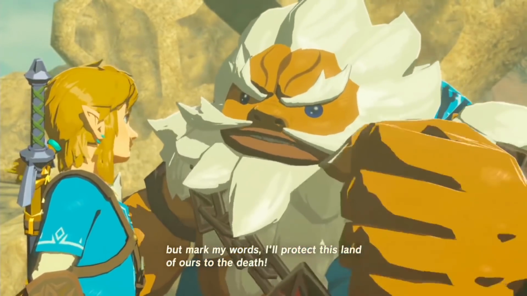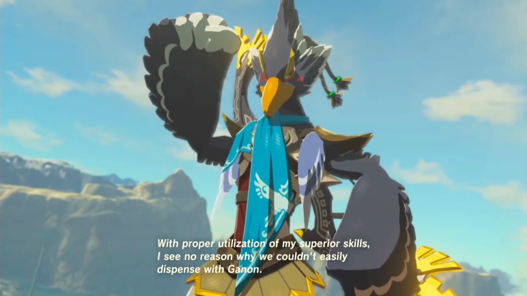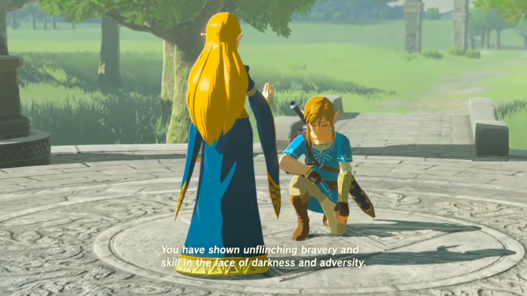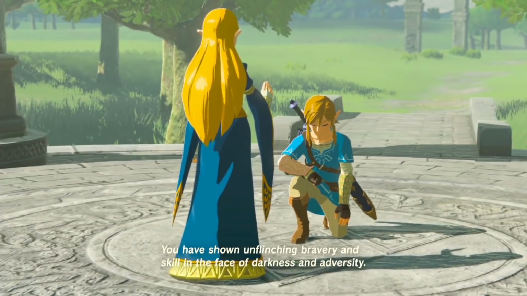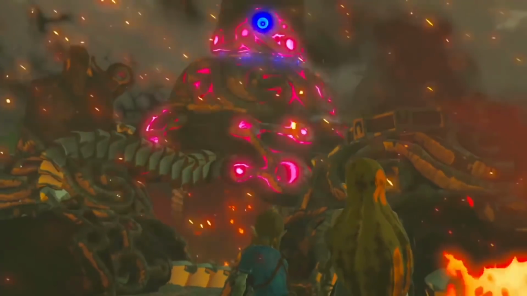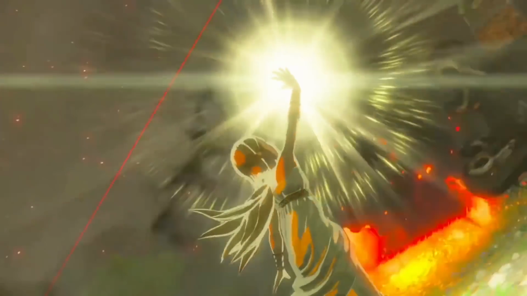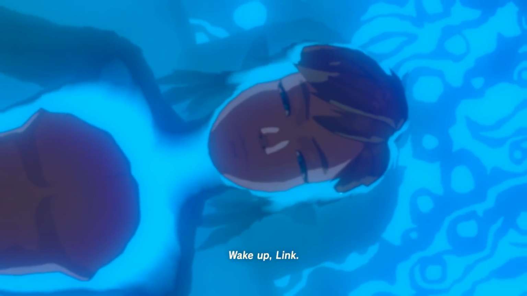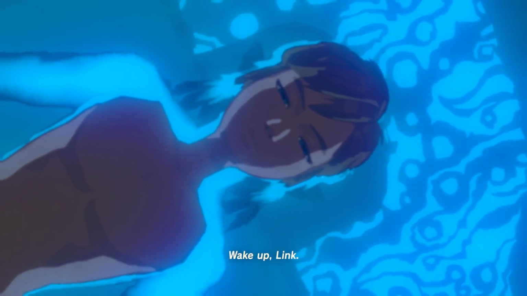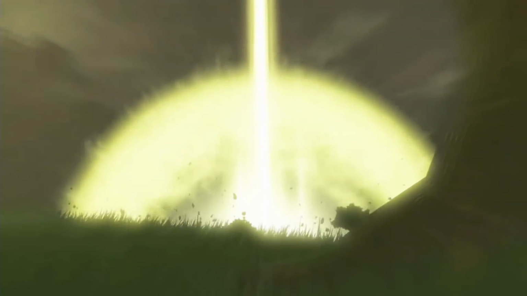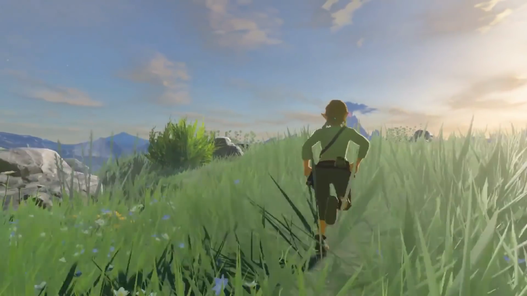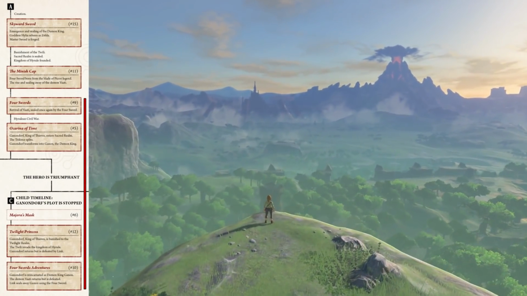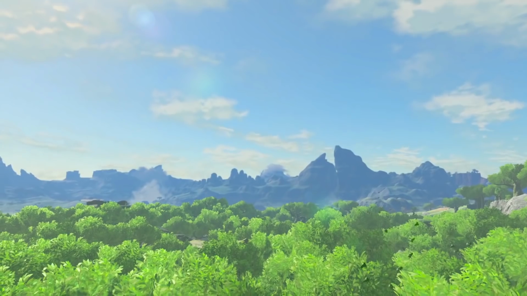Daruk, the Goron champion, Mipha, the Zora champion, Revali, the Rito champion, and Urbosa, the Gerudo champion. Link was a champion too, the champion hero, and they all died. Calamity Ganon takes over the Guardians and Divine Beasts, Zelda's abilities awakened, Link is taken to the Shrine of Resurrection, an ancient Sheikah building, and then Link revives 100 years later to defeat Calamity Ganon. The whole time Link was being revived, Zelda held the line. 100 years is a long time to do something like that, but it's not nearly as long as Vaati was held in the Four Sword. But yeah, ancient Sheikah technology is pretty cool.